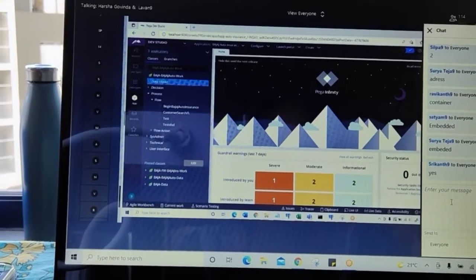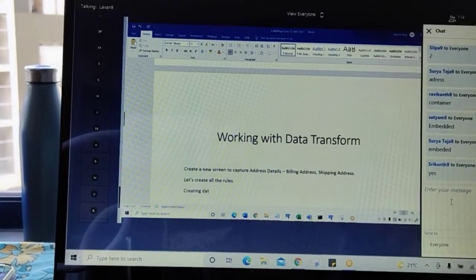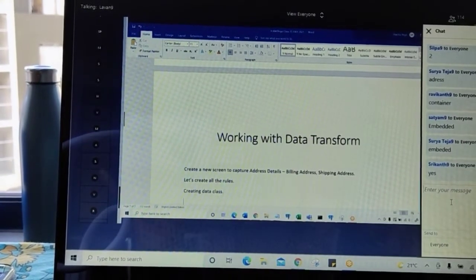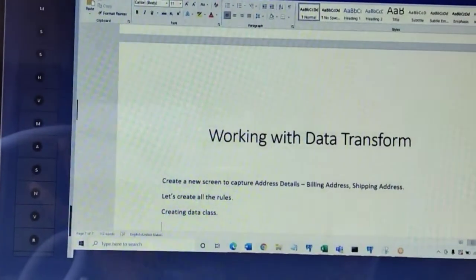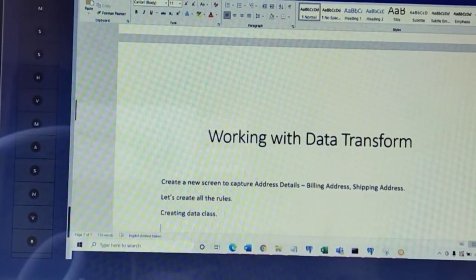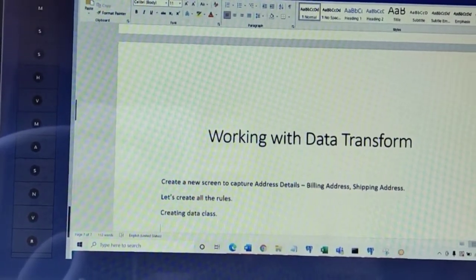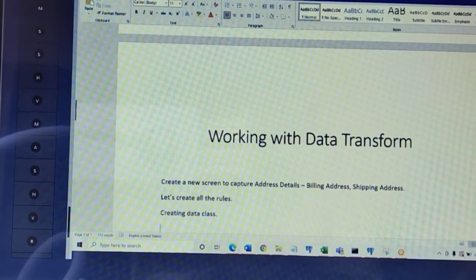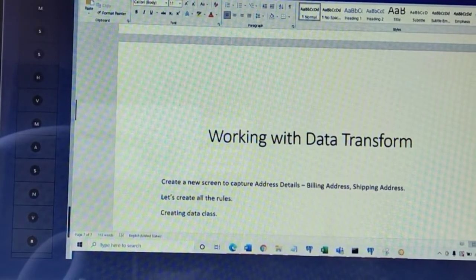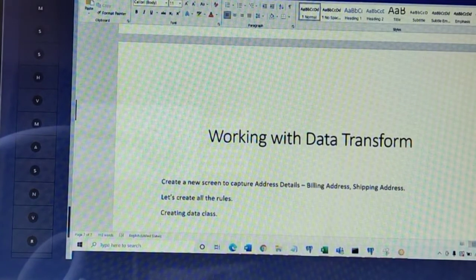We also need to create a when rule to display whether or not to. Yes, a when rule also to be created for making it read only. It's not about visibility, it's about read only. Shipping address should be read only when checkbox is selected. Checkbox property will be created. Shipping address should be editable when checkbox is unchecked. Okay, why we will uncheck and all, I'll tell you practically.